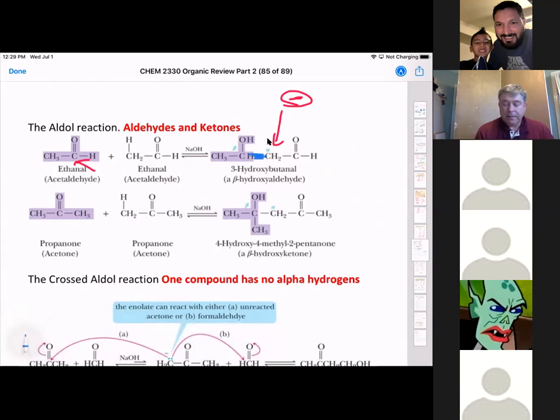So that means the ketone is intact here and our new sigma bond there, generating our alcohol. So we always have our beta hydroxy carbonyl compound with an aldol reaction, okay? Now, the specialty part of that is when you want to be very specific about where you attack something, and